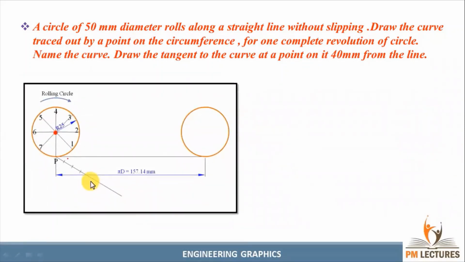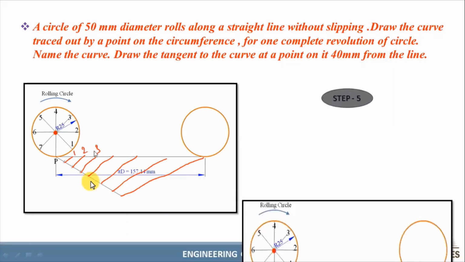After dividing this inclined line, we need to draw parallel lines. So we should follow the parallel line method. You can use the drafter or rolling scale, which is easy for us. From every division, we need to draw a parallel line, matching here. It will be 8 parallel lines like this. After that, we need to give the names from here: 1, 2, 3 like this. It will look like this, guys. See here.